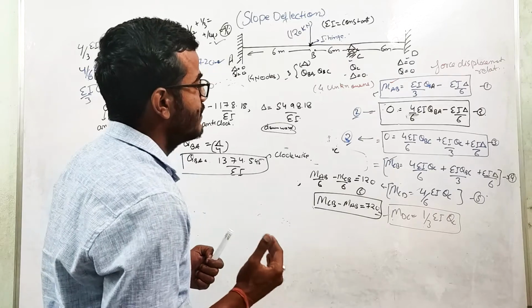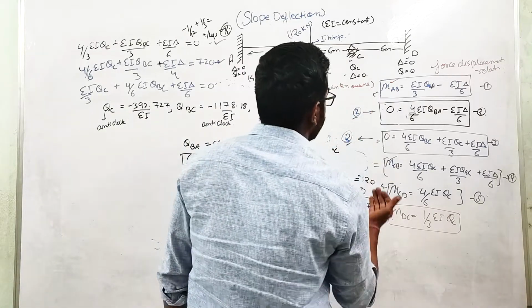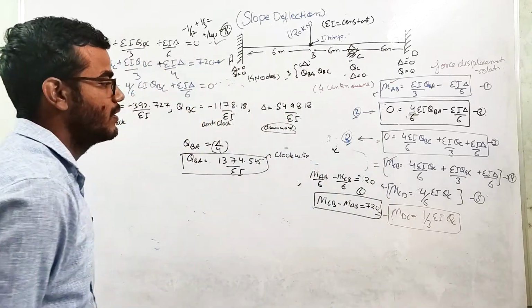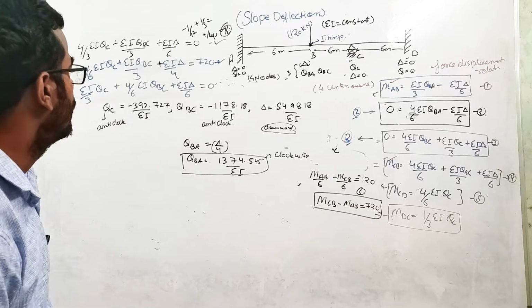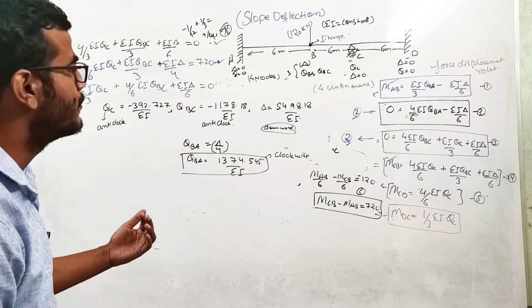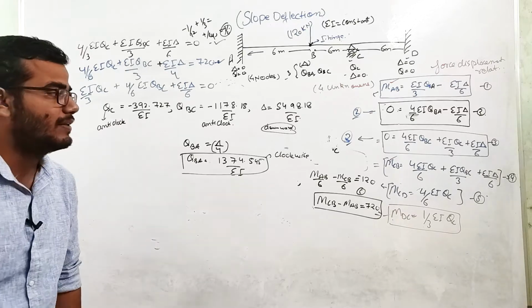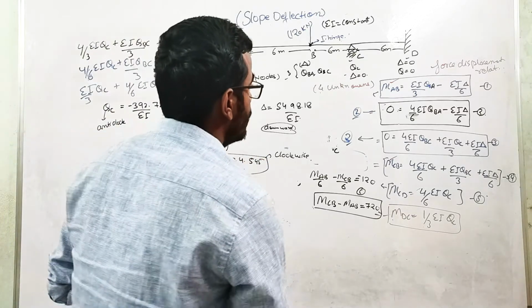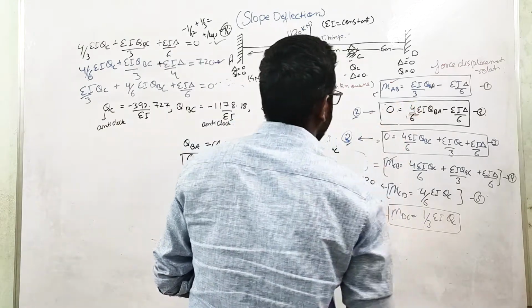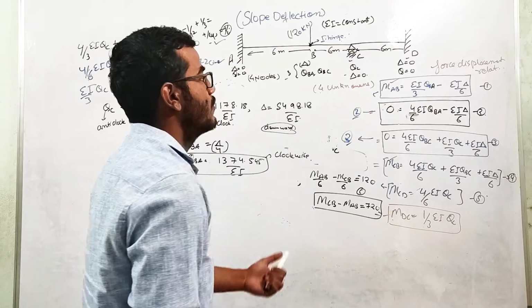And with the help of these, we can easily write the internal reactions generated at these member ends. So now let us find the member end moments coming on this beam. Here we need these equations. We will use this equation to find the internal forces. We already developed this relationship between force and displacement.